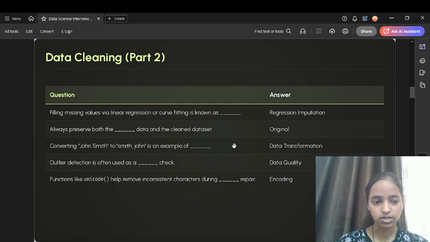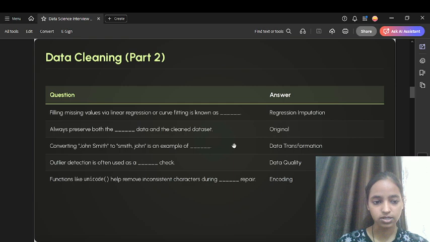Dropout and weight penalties are examples of which methods? So dropout and weight penalties are examples of regularization methods. Then training multiple diverse models to improve accuracy is known as what? So it is known as ensemble learning. Then we have another question and the last question of the first set of questions in ML concepts, and that is a simple reference model for comparison is called which model? So it's called a baseline model.